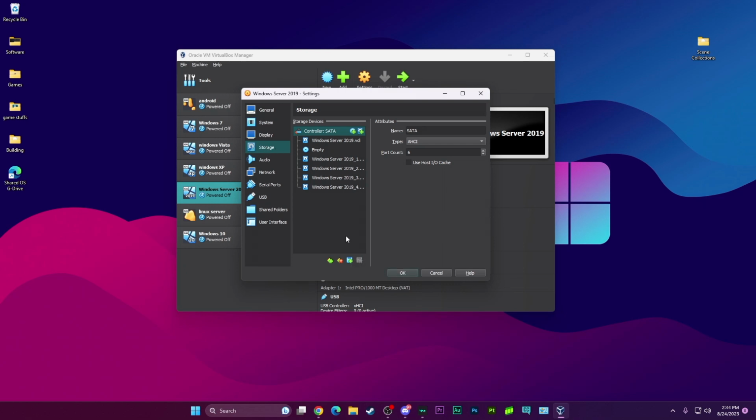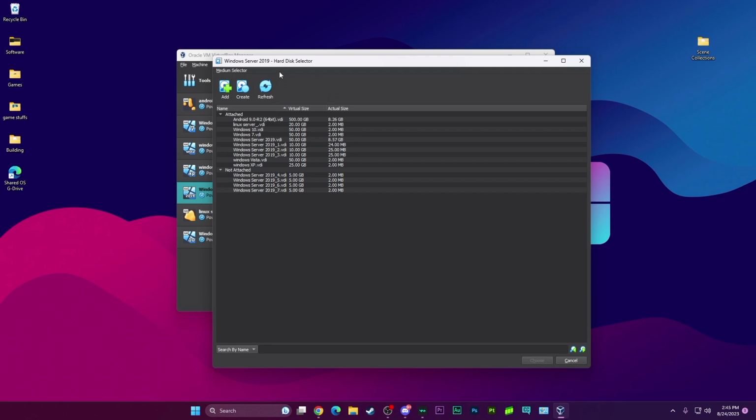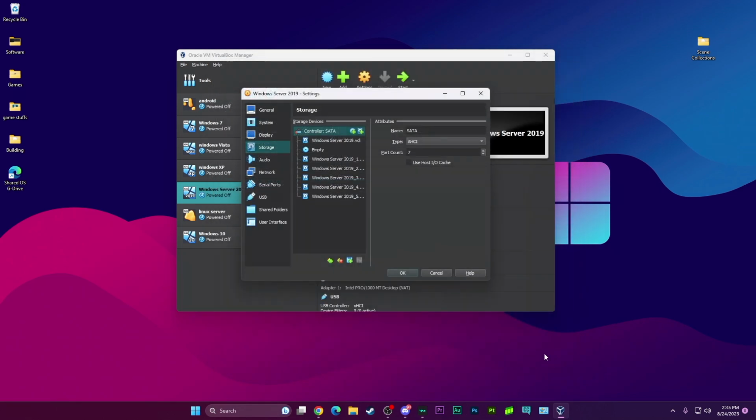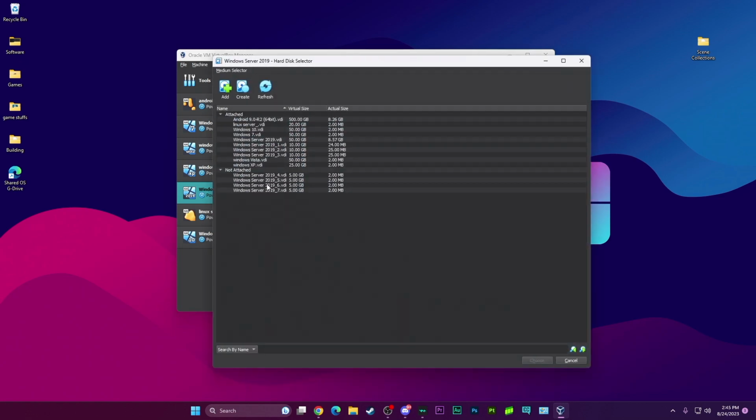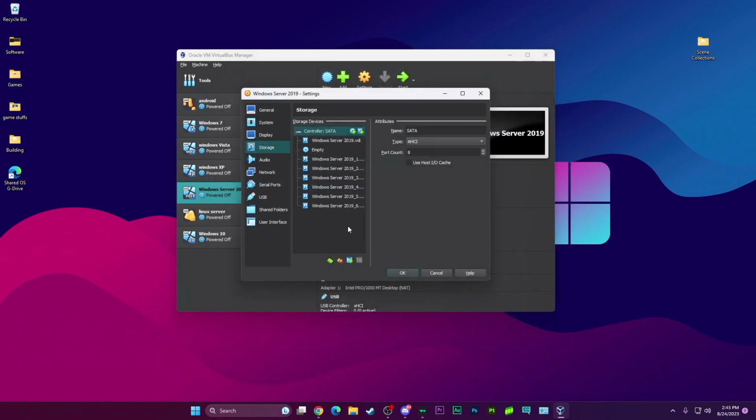We are then going to add the next drive. We're going to click the blue box with the green plus yet again. Hard drive. Come back to the Windows Server 2019 hard disk selector. And you're going to select your next drive. And you're going to do this for each drive individually. Now that all your drives are completed,